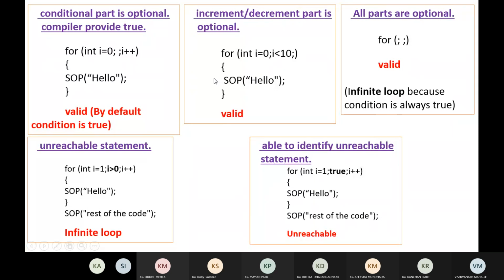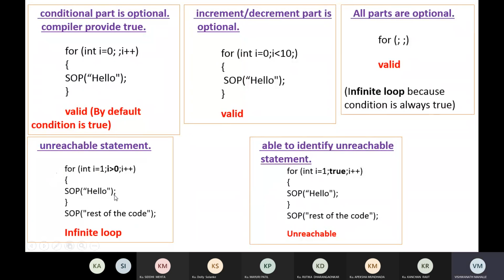So when will we get an unreachable statement? Here i is equal to 1, i is greater than 0, and i plus plus. So i is 1, and i is greater than 0.